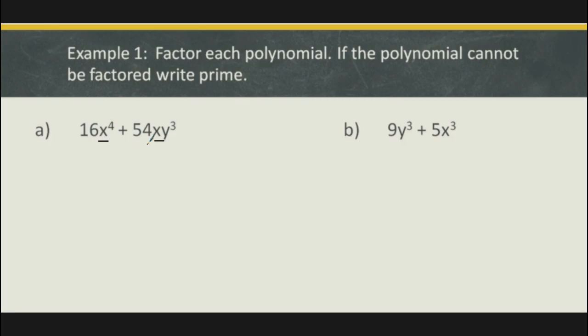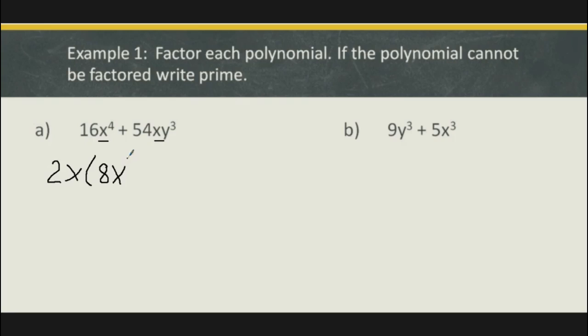So 16 divides by 2, 4, and 8. Then what you would do is take your 54, divide it by 2, by 4, and by 8 to see if it divides by any of those, which it does not. And it does not divide by 16. So the GCF of those two terms is 2. And they each contain an x, so you're going to take out an x. So you can take out a 2x, and that leaves behind